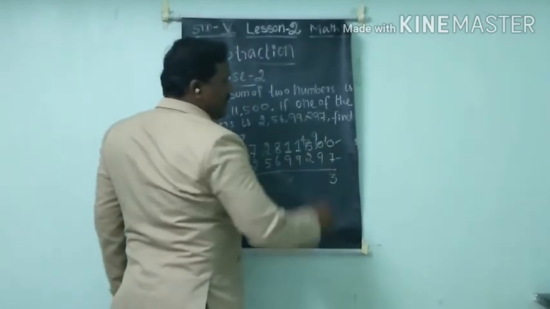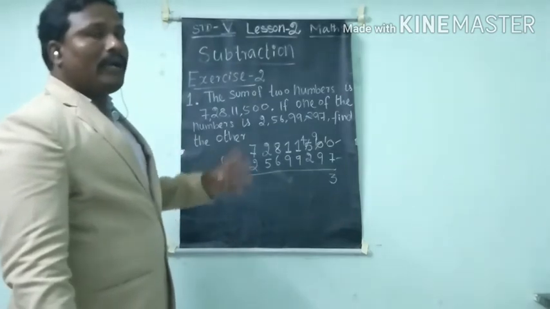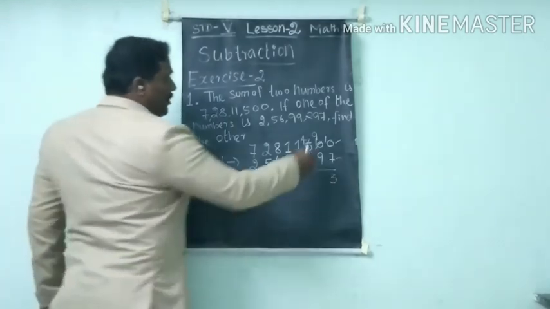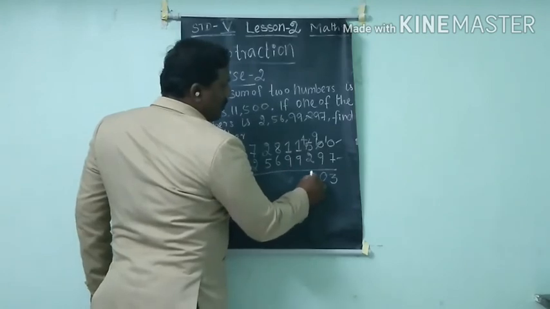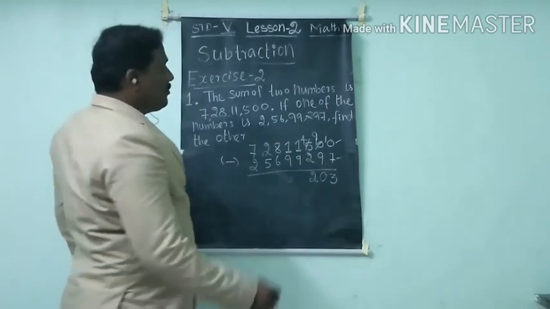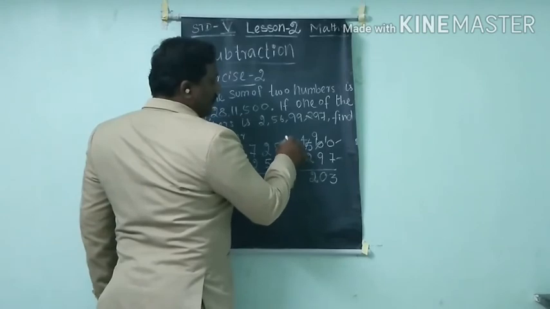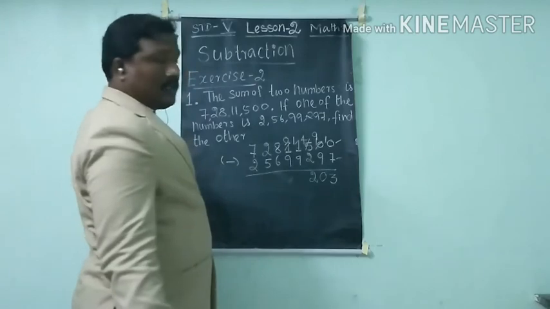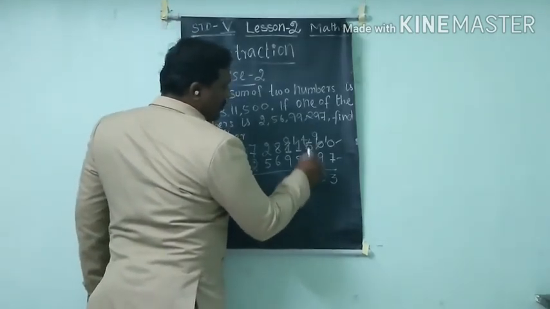Okay, 9 minus 9 is this place. We have to remember one rule. When minuend and subtrahend both are same, the difference is 0. So 9 minus 9, 0. Already we know. Okay. So 4 minus 2, difference is 2. So 1 minus 9, we can't subtract. So we need to borrow. So here 0, it becomes 0, here 1. So 11. 11 minus 9, 2. Okay. So 9, 10, 11. Okay. So 2. Here 0.